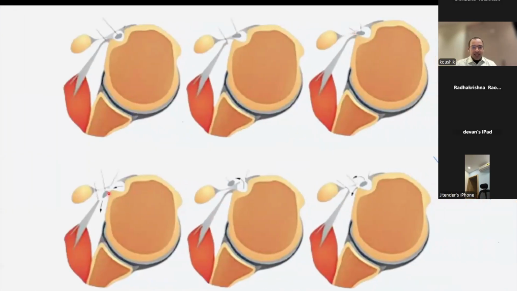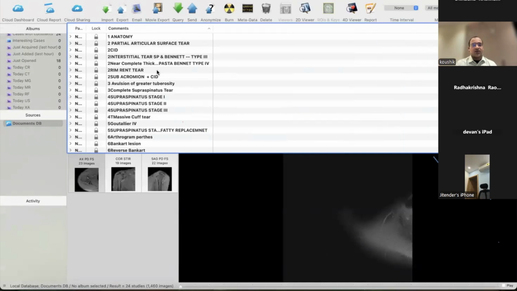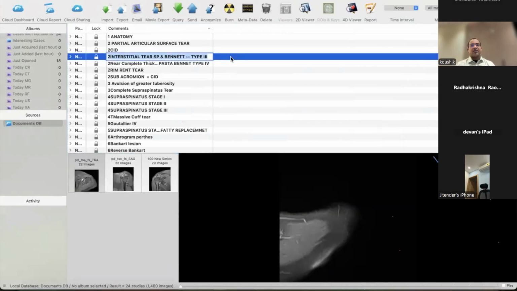Then we have Bennett's type 3. In type 3, it's a combination now. It's a tear of the medial half of the coracohumeral ligament and superior glenohumeral ligament and subscapularis tendon. So if we mix both these two things, and this tendon pops out from the bicipital groove, that is a type 3. So if you see Bennett's type 3 here,